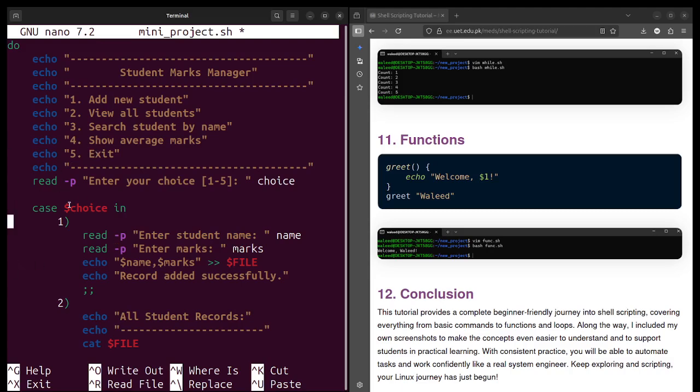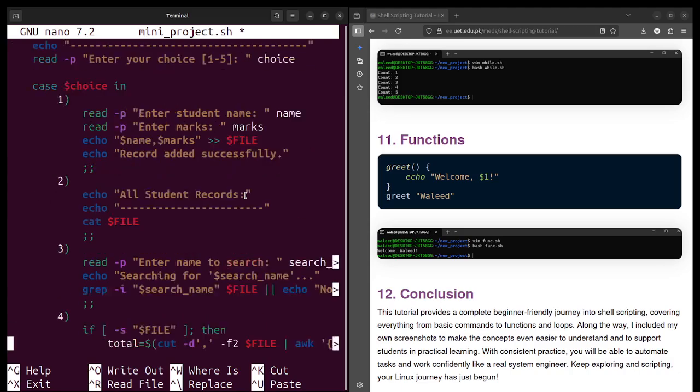Okay, as I have told you earlier, we use read if we want to get input from a user. So let's say we have 5 choices and we want to ask the user to tell me the number of the choice which you want to proceed with, and the user will enter his choice number, and we will save that choice number in the variable choice.